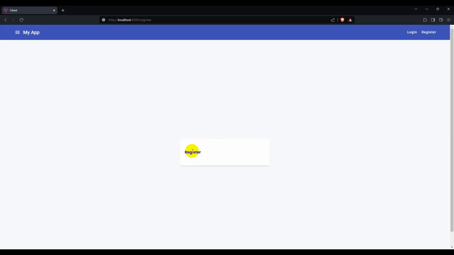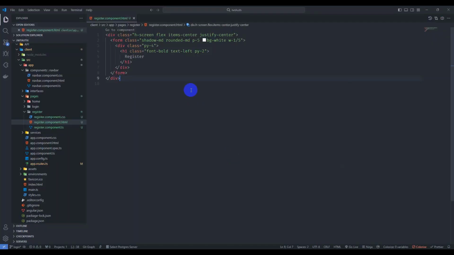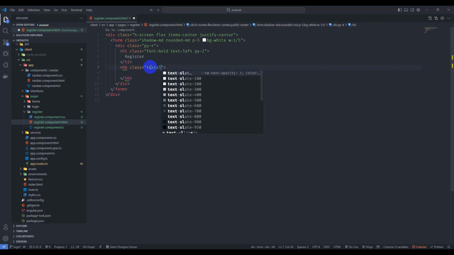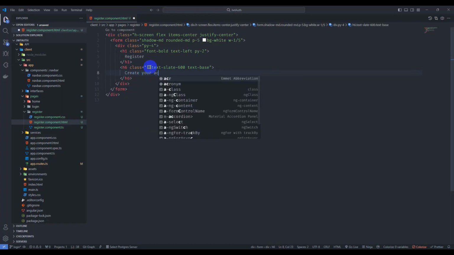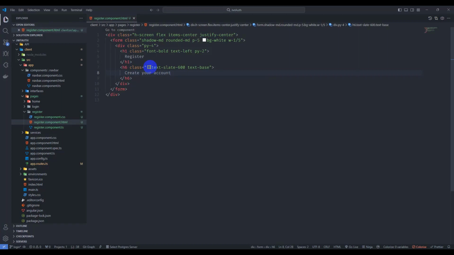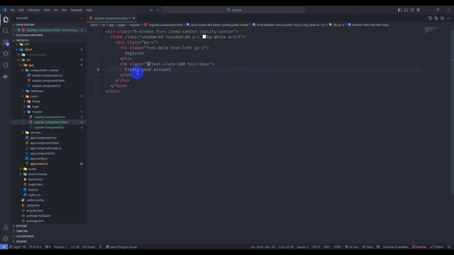Take a look, we have register here, and after h1 let's add h6 here and give class text-slate-600 and text-base. Add the text create your account here. And after this div